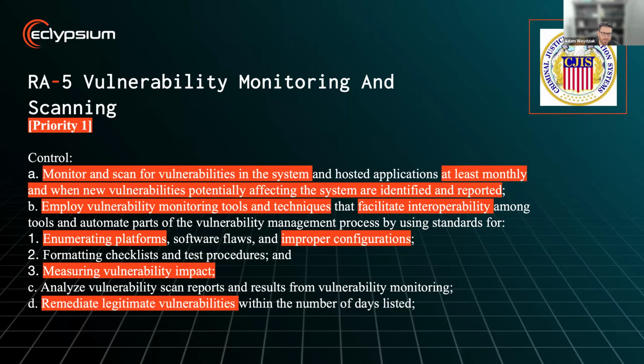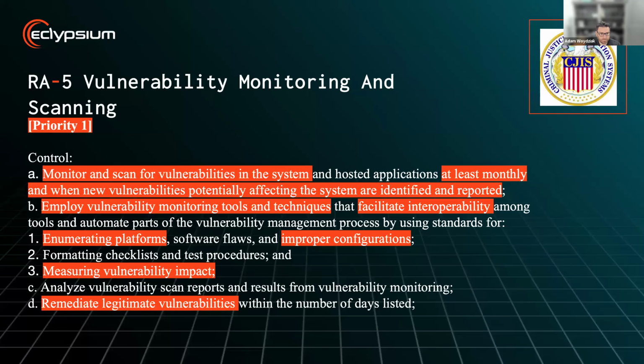At Eclypsium, we can basically take the vulnerability scanning down to the component level, enumerating those vulnerabilities to specific components of devices, and help you view your inventory at that level. So if you wanted to see how many devices have a specific component that may have vulnerable code or just a vulnerable version of the hardware, we can easily help you identify those things. And that's going to be a deeper analysis than what you're getting out of most of the existing vulnerability scanning